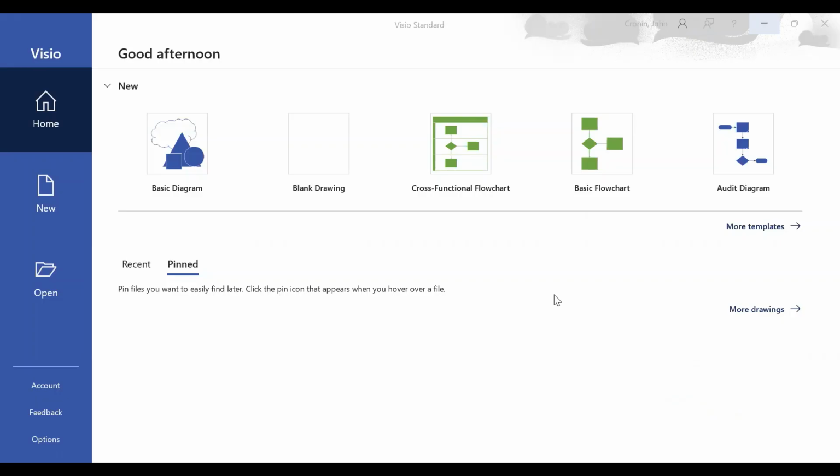You can map out your processes in whichever program you prefer, whether that's Smartsheet or PowerPoint. But I like to use Microsoft Visio because it is designed specifically to help you create flow diagrams like this one. When I open Microsoft Visio, I like to start by selecting this cross-functional flowchart here. Click it once,